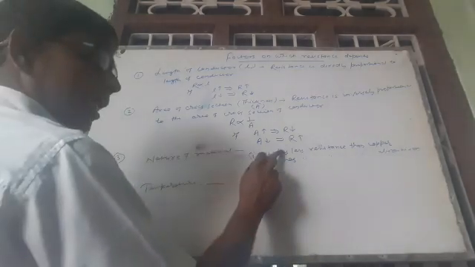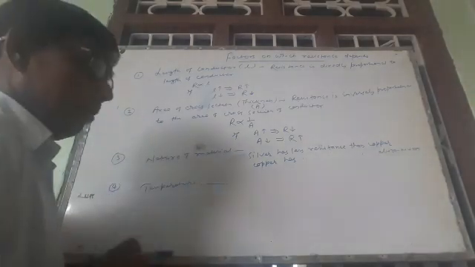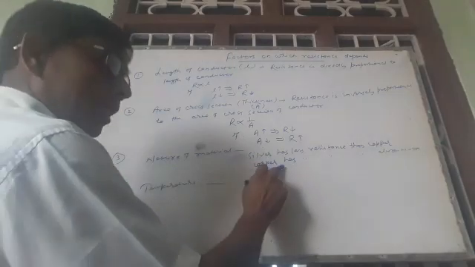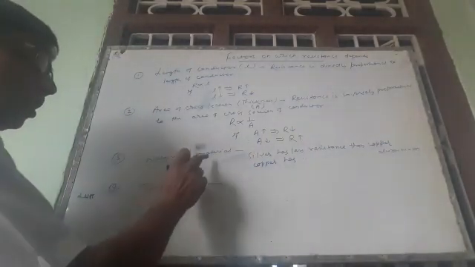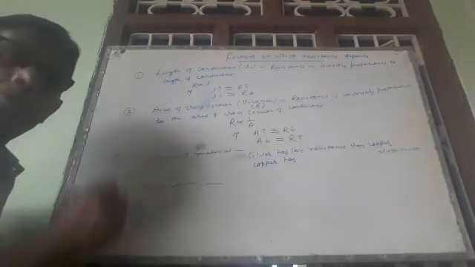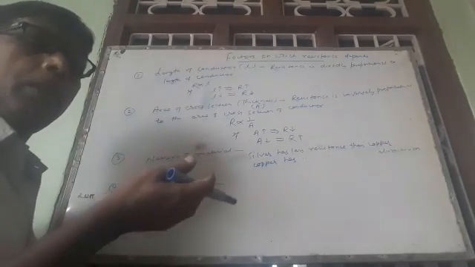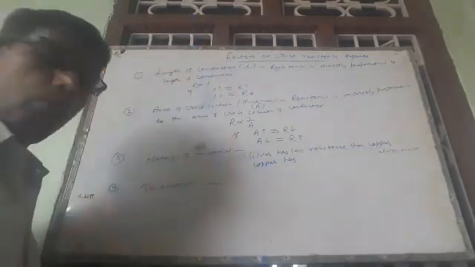A silver wire has less resistance than copper. This means silver has better conductivity in comparison to copper. Similarly, copper has less resistance than aluminum. This means if we compare aluminum and copper, copper is the better conductor. So this is the nature of material on which resistance depends. Resistance low means conductivity high. Resistance high means conductivity low.